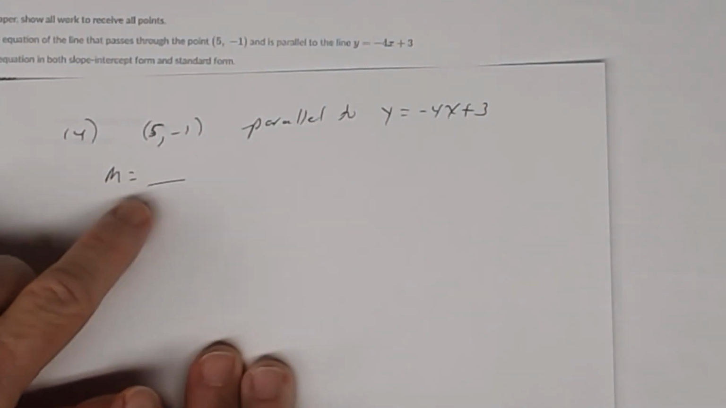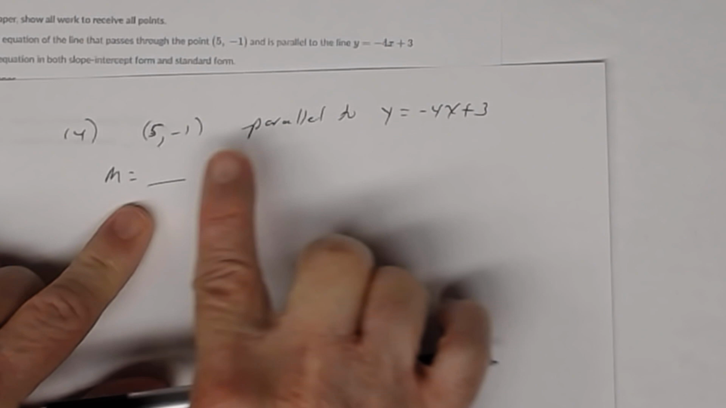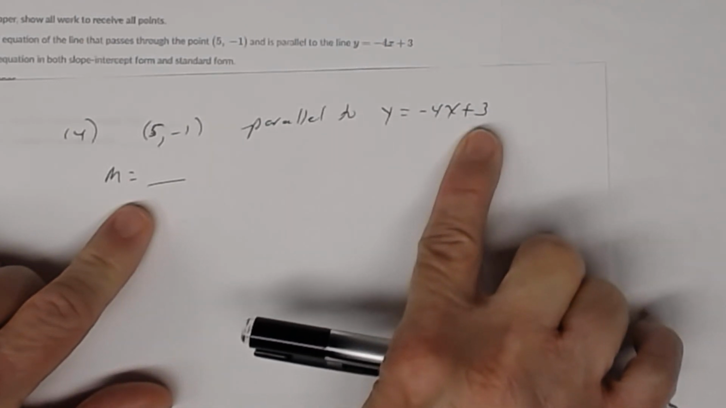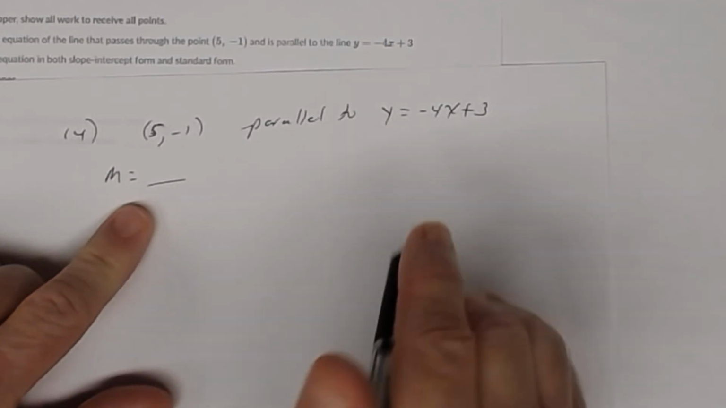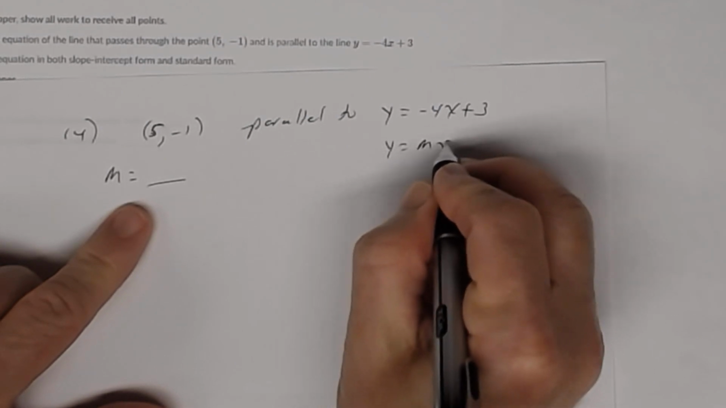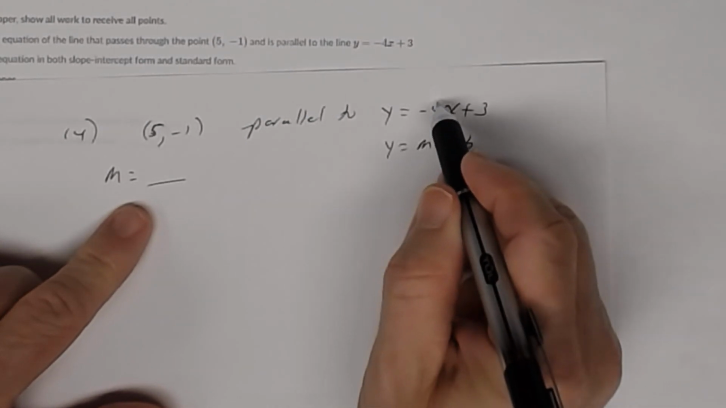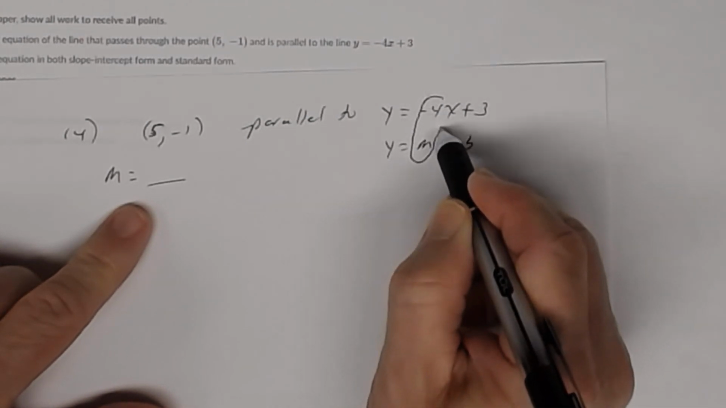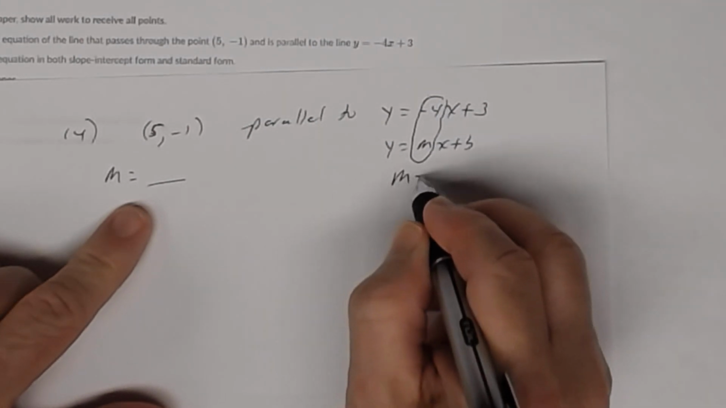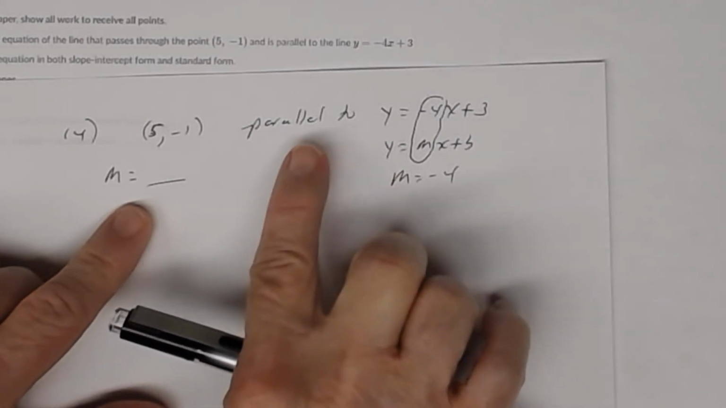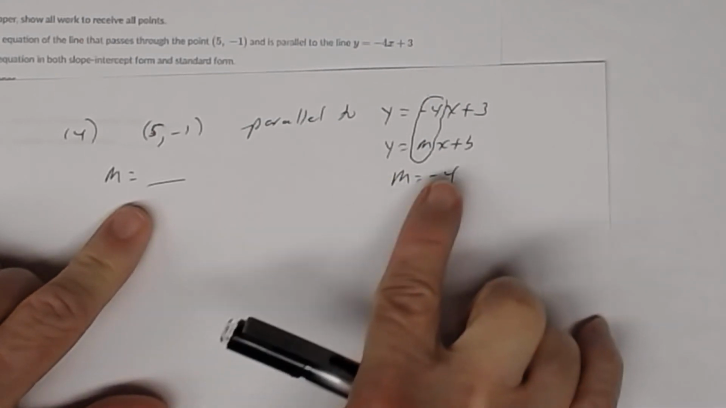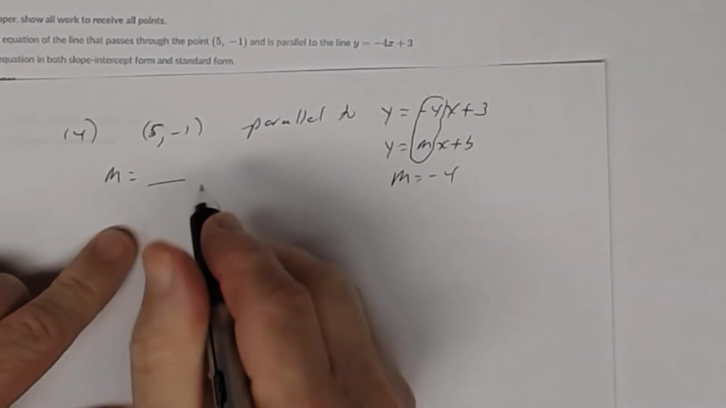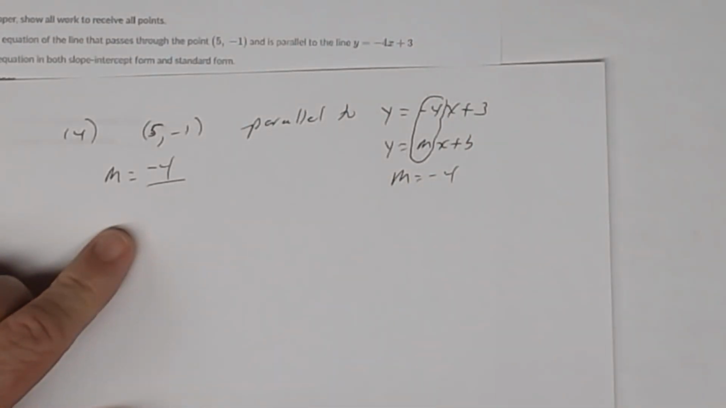And it's pretty easy to find the slope of that line because this line is parallel to this line. And this line is already in slope-intercept form, right? So the slope here is going to be -4. So the slope of this line is -4. Remember, parallel lines have the same slope. So if this slope is -4, then this slope has to be -4. And now